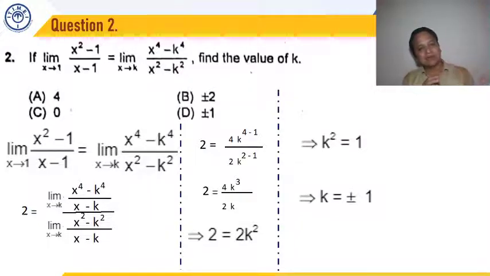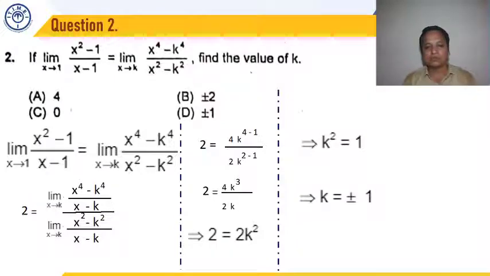So we use the same standard result to find the value of the limit. The left hand side was written in the form of a standard result. On the right hand side, we do one step: we divide by x minus k, numerator as well as denominator, to write it in the standard form. In this manner, we convert this part into the standard formula and get the value of the limit. X to the power n minus a to the power n upon x minus a, when x tends to a, the value is n a to the power n minus 1. So we apply the result to the right hand side and the left hand side also.